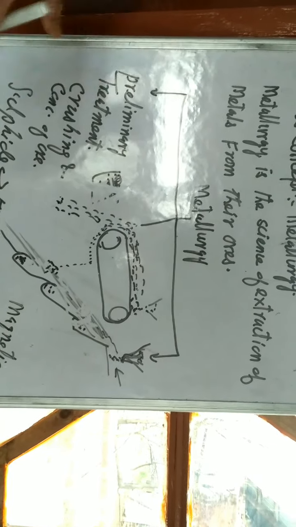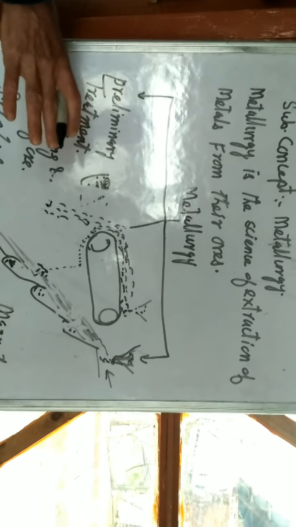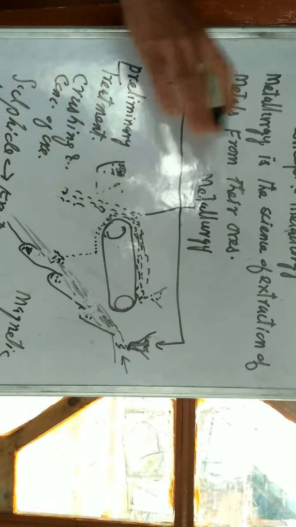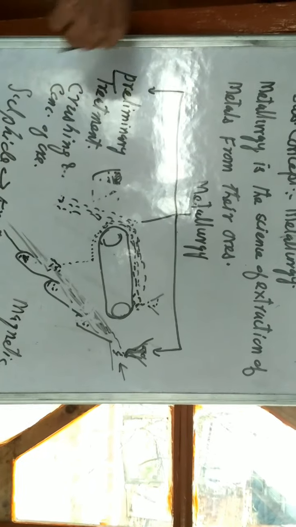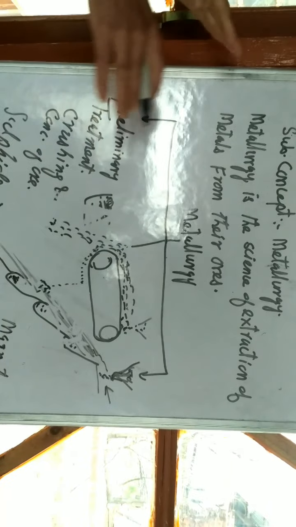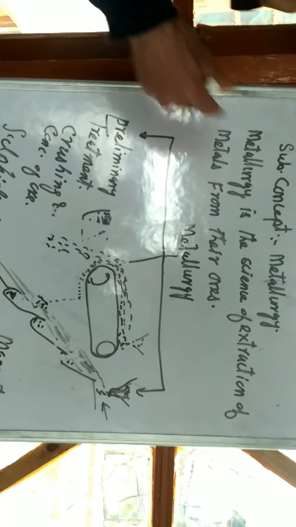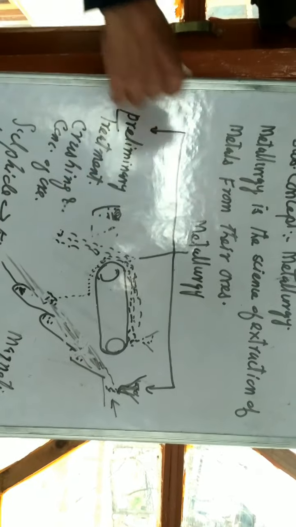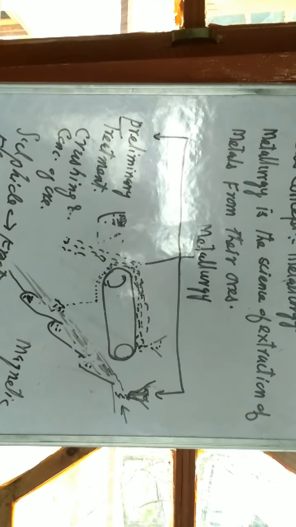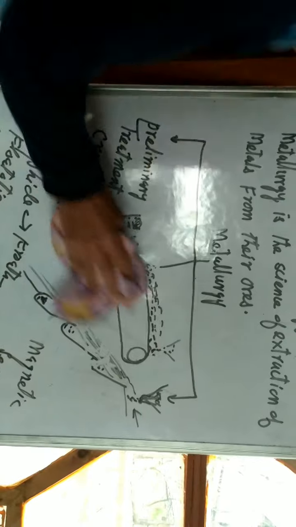In a nutshell, we use these methods to concentrate the ore and remove gangue composed of sand, water, mud, etc. from the ore, and in this way we concentrate the ore. Then comes the second step. In the second step, what we do,